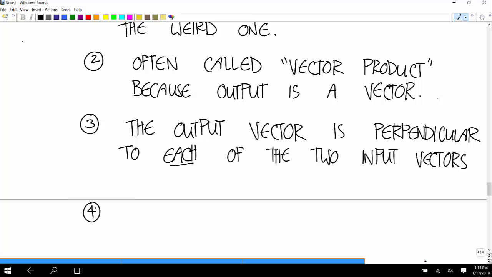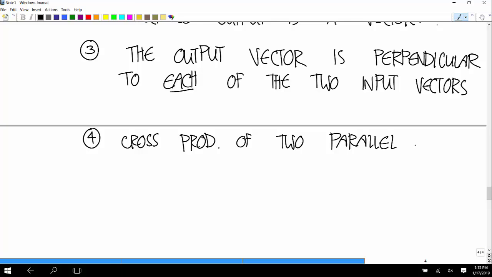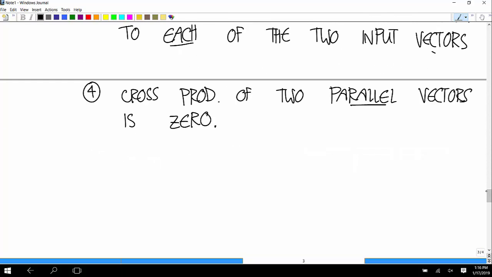Fourth, the cross product of 2 parallel vectors is 0. Okay, 2 more of these. This is a long list, but number 5,